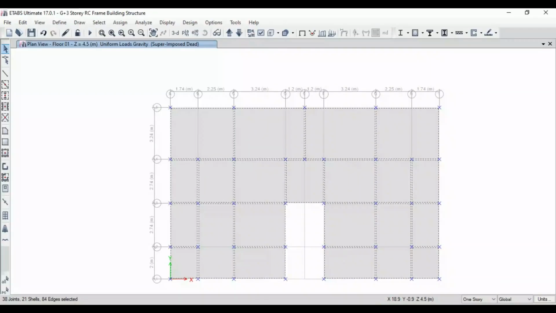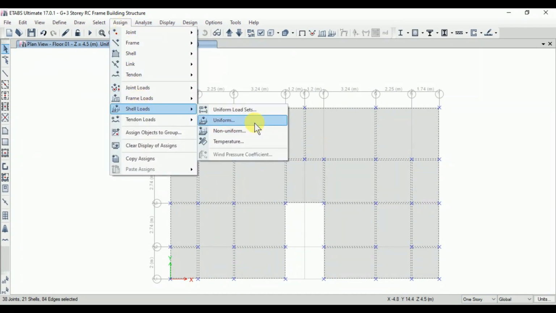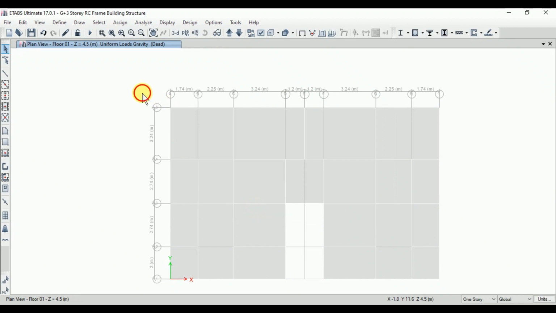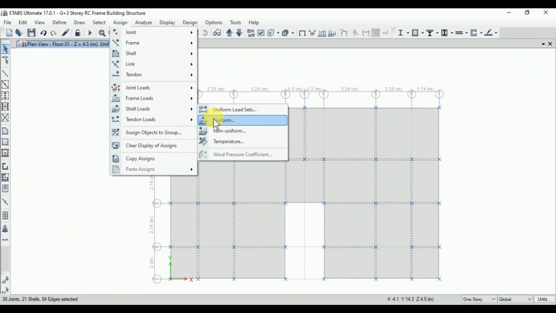So go to ETABS. Here you can see floor 1. I have selected the one story option and selected all the floors. Go to assign, shell loads, uniform.